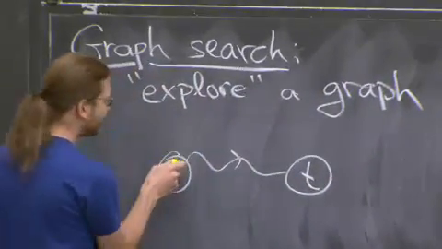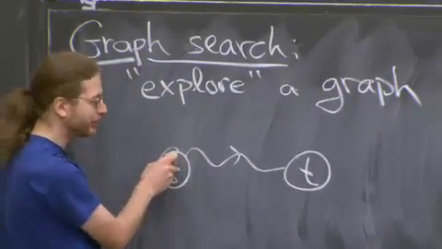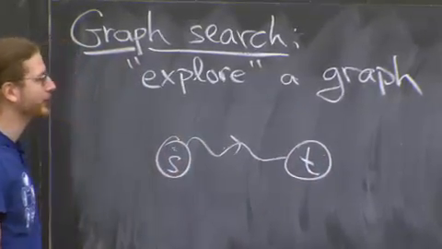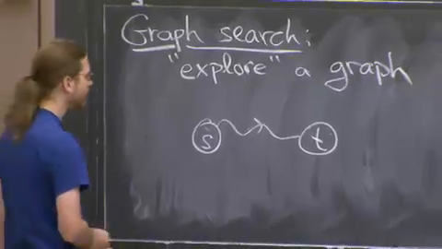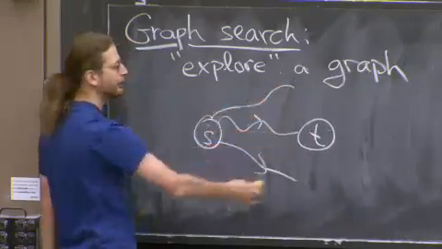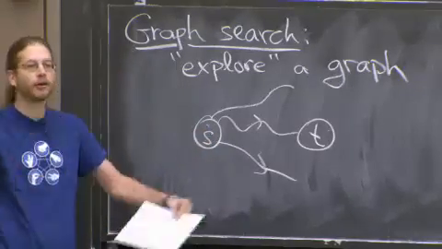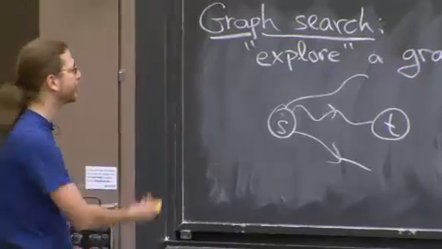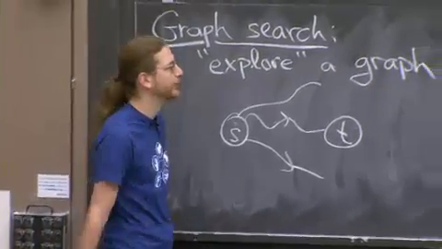Amazing. New world record. So you're given some initial state of the Rubik's Cube. You're given the target state. You know what solve looks like. You want to find this path. Maybe you want to find all paths from S. Maybe you just want to explore all the nodes in a graph that you can reach from S. Maybe you want to explore all the nodes in a graph, or maybe all the edges in the graph. These are all exploration problems. They're all going to be solved by algorithms from this class and next class.